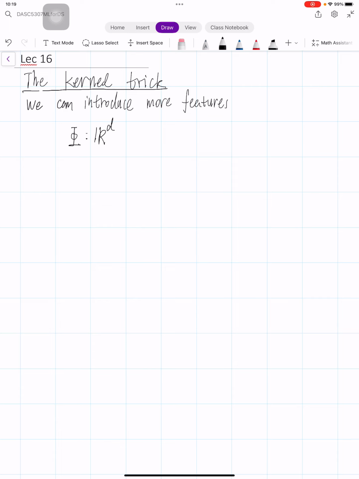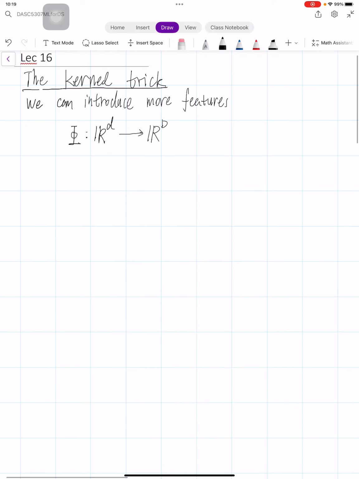Suppose we have small d variables, and we can introduce more features, like capital D. Here this D is the number of features after featurization, after this phi transformation. So for example, suppose we have one trivial example, n is 2, and we